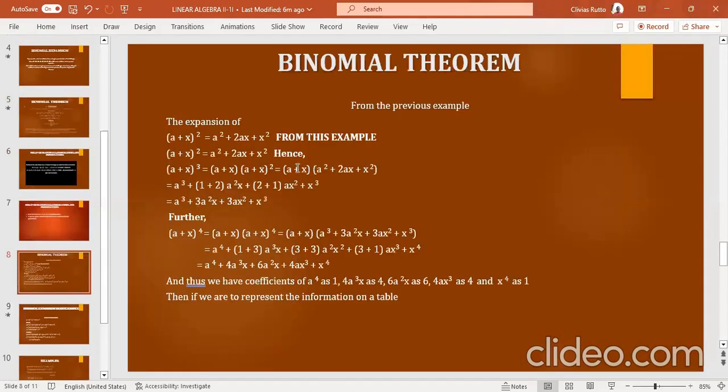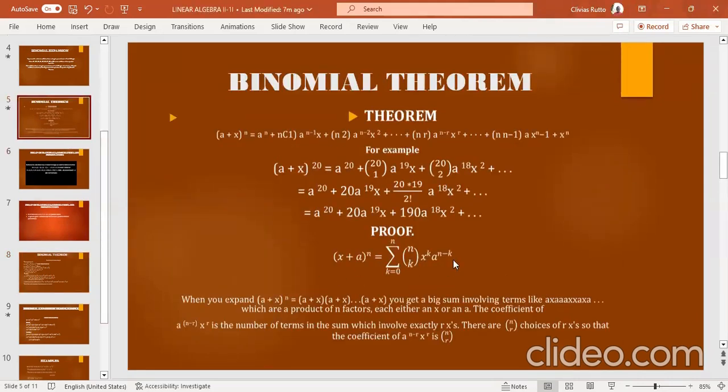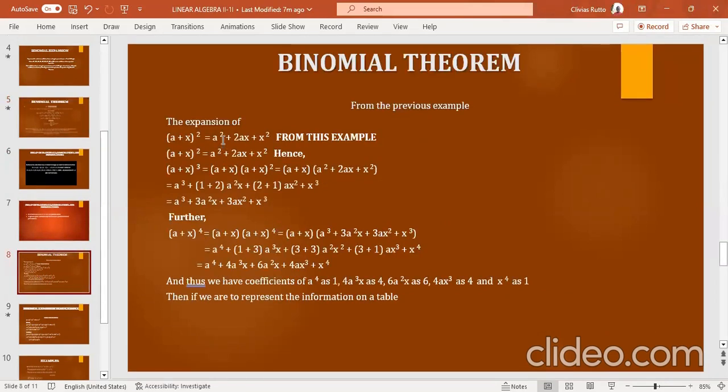So we will have an example to highlight this. We'll expand A plus X squared. So A plus X squared will be A squared plus 2AX plus X squared. From the formula, replacing here, we will see we'll have A squared plus 2AX plus X squared. So the coefficient of A squared is 1, the coefficient of AX will be 2, and X squared will be